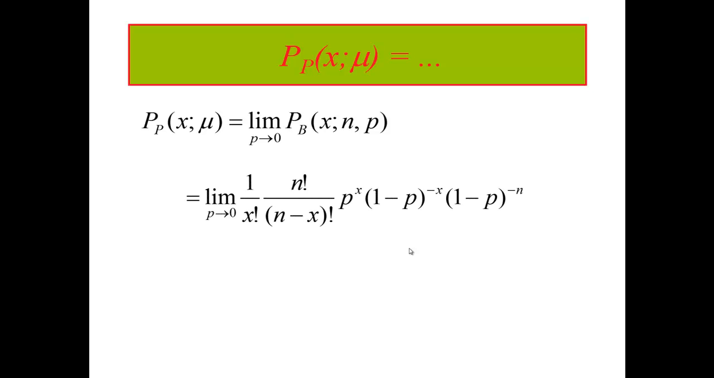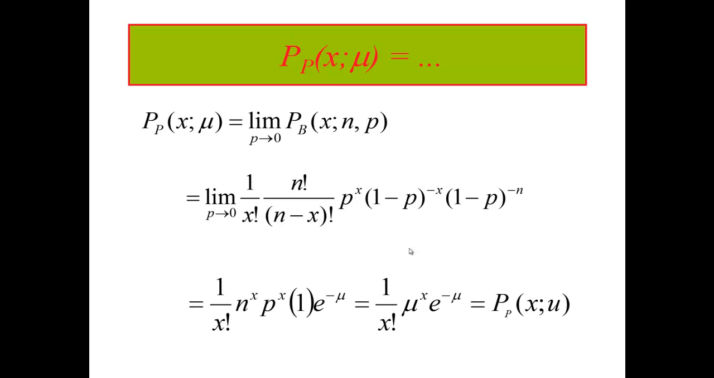It started off rigorously with this form, and we have found that in this limiting case, we get simply 1 over x factorial mu to the x e to the minus mu. This very, very simple form only depends on the mean value and on the number of successes. And so